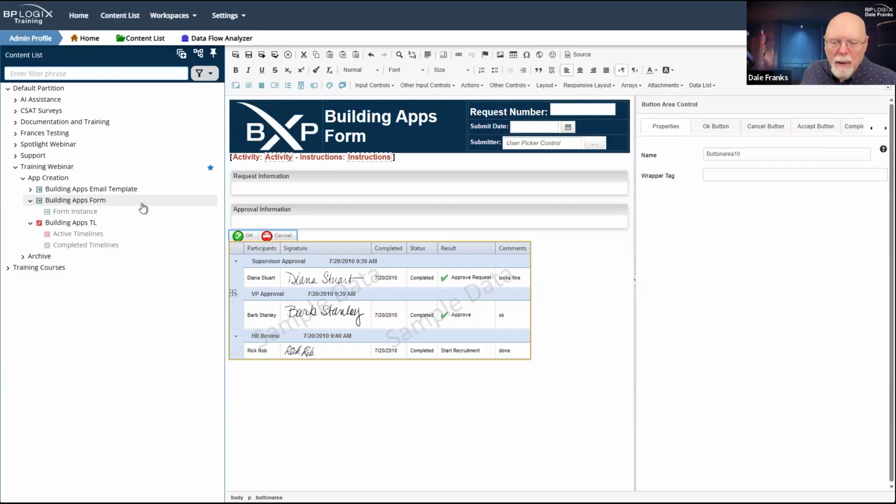So the reason I put my button area up there is because I want my user to be able to approve or deny the request without having to scroll down what might be an excessively long and tedious routing slip. So I am going to put my routing slip on the bottom.